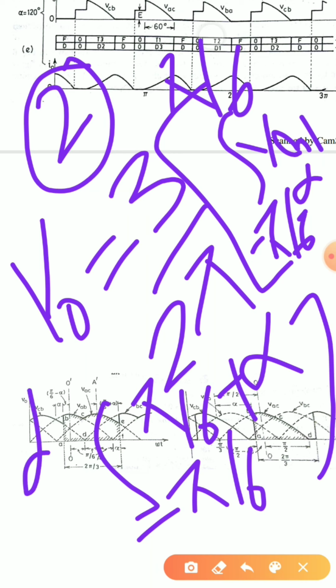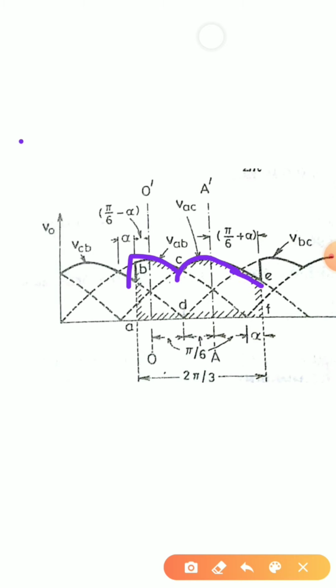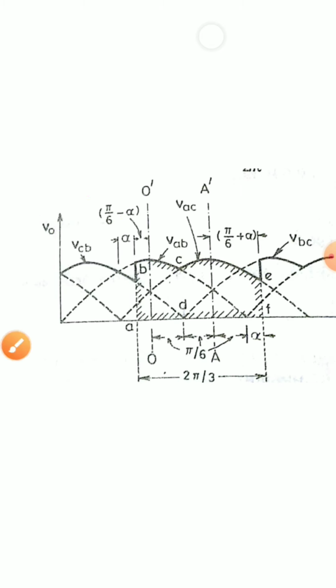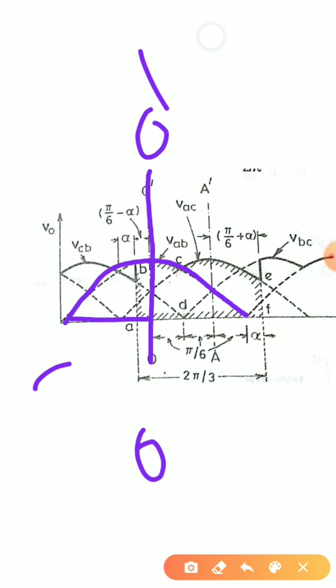As I have said, when alpha is less than 60 degree, I will be having two peaks. This is the limit for the first peak, this is the limit for the second peak. Now let us see how we get this limit. I have considered the waveform where I am having two peaks. For getting the average output voltage, I have to integrate the area under this curve. How will I integrate? As I have said, there are two peaks, so I will consider the first peak. Considering the first peak, I will consider the center to be the origin, or O dash. Clearly it can be seen that this is 90 degree here, and this is 90 degree here. Now I have to integrate only up to this portion.